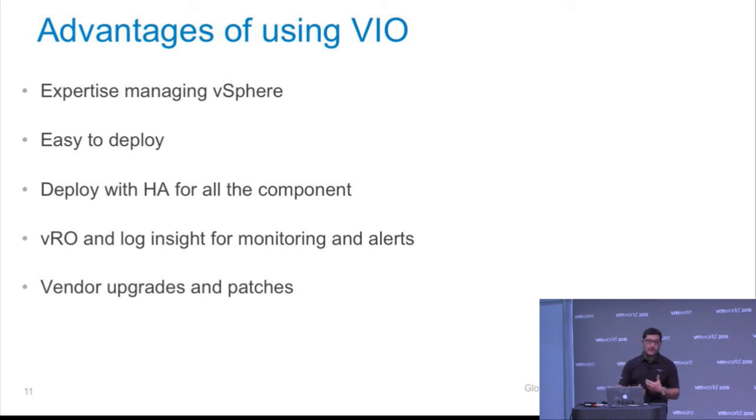You will take advantage of high availability, DRS, and all the features built into the vSphere deployment. And also, as I mentioned, you will be integrated with other software like vRealize Operations and Log Insight. I think it's also very important to have the upgrades and patches, which will help with the security